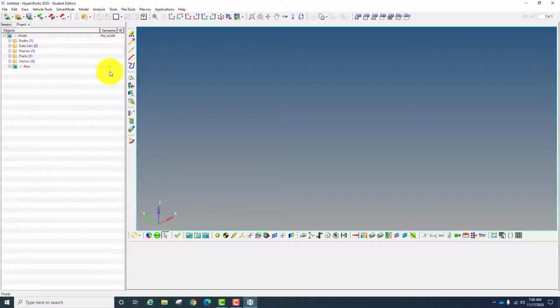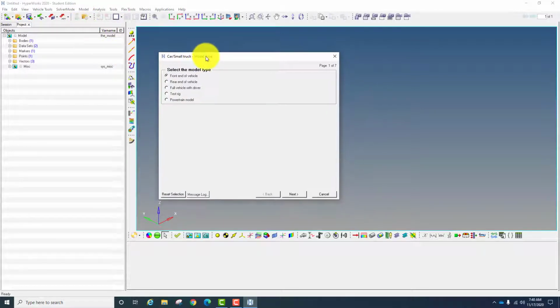After you load it, first we want to set up the suspension assembly. So you go to the model here. In the model you have assembly wizard, attachment wizard, set wizard path, material, implicit graphics, data summary, and topology summary. If you want to set the model, you go to the assembly wizard, and then it will appear